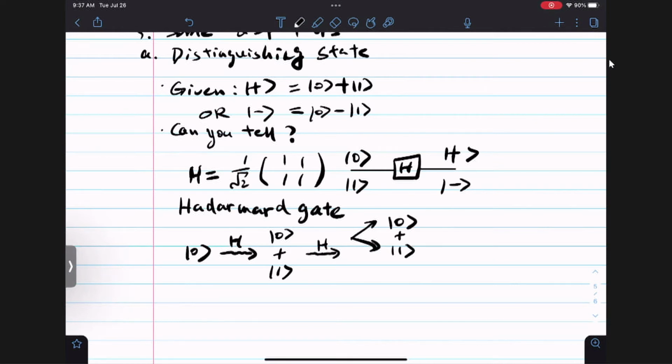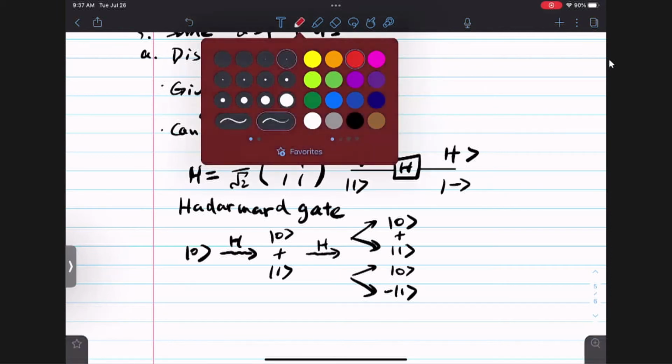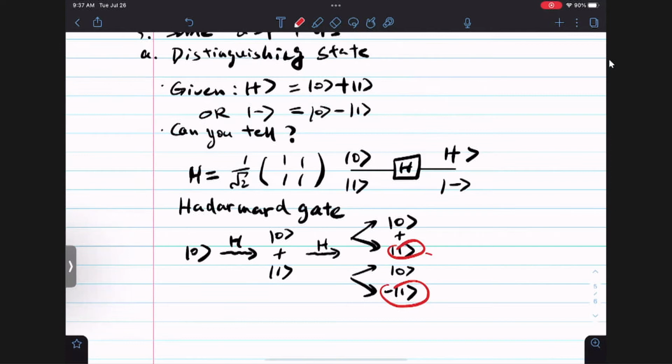And then if I apply Hadamard to |1⟩, I get the minus state, which is |0⟩ minus |1⟩. Now something interesting is happening here. If we combine these four terms, you can see these two will cancel. So we're only left with